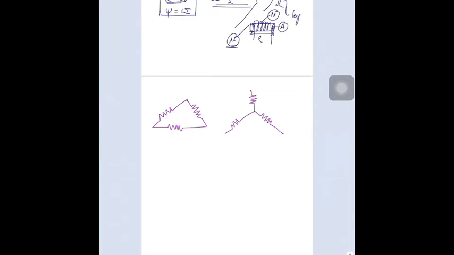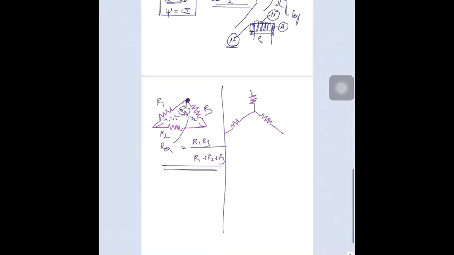So it is a star network, and we wanted to convert the star into delta and delta to star. So now, converting delta to star. The element RA, let us call these R1, R2 and R3. The basic thumb rule is: the element RA is equal to the product of the two elements it is connected to, R1 R2, divided by R1 plus R2 plus R3, same as for the other two elements. Now we want RA, RB, RC.